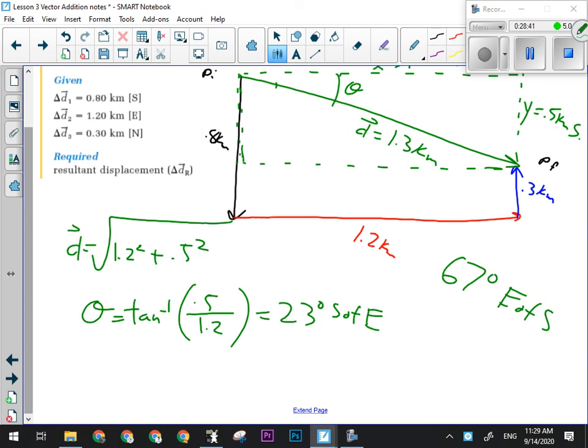So does everyone see kind of what we did there? This is going to lead us into what we call vector component addition. The vector components are x and y. There's a horizontal component and a vertical component to every vector. If we can find those, we can add them together because they would all be collinear. All y vectors would be up and down, and all x components would be side to side. So when we get to a question like this one,